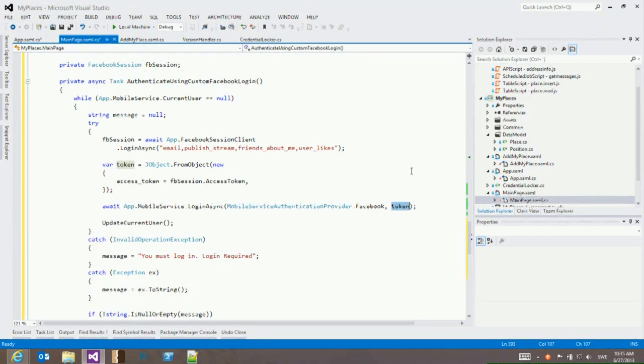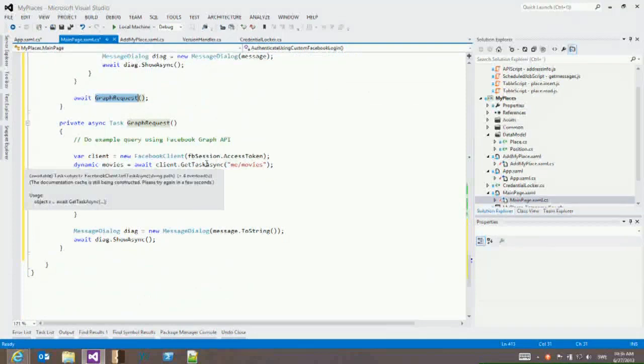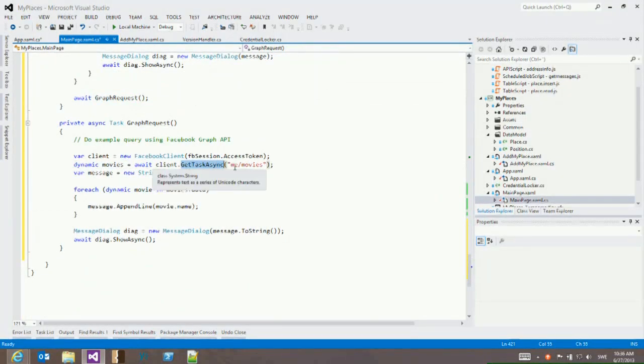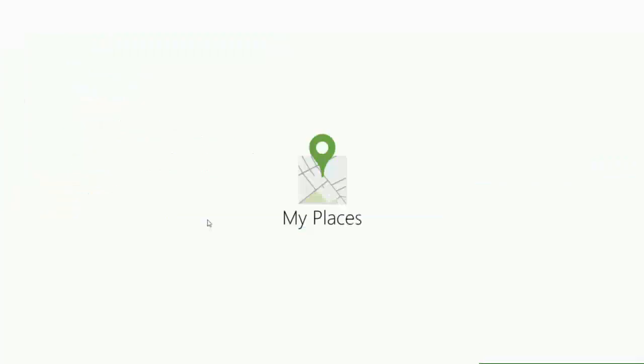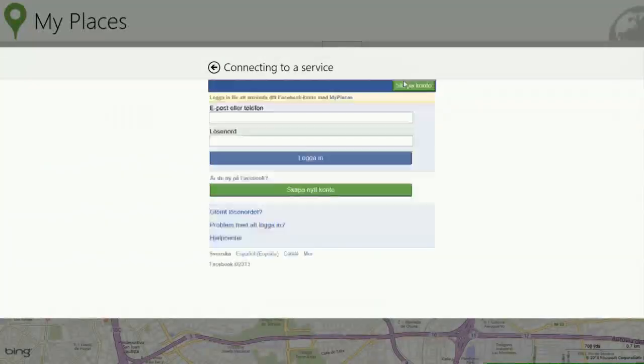In order to show you that I'm actually logged on to Facebook and can do more things, I do a graph request here. What I say is get task async me/movies. That returns a list of the movies that I've told Facebook that I like, and I just show them in a dialog. So if I run this one now, and say I want to log on using Facebook, this is not the same login. It looks like the same, but this is essentially the Facebook SDK for .NET that shows me this. And I use my